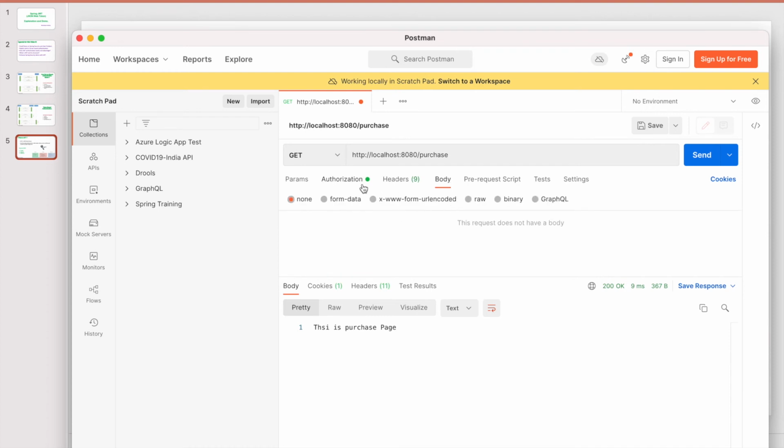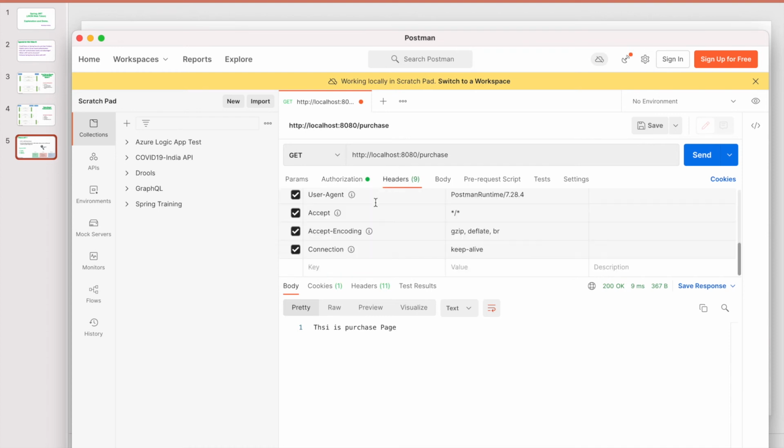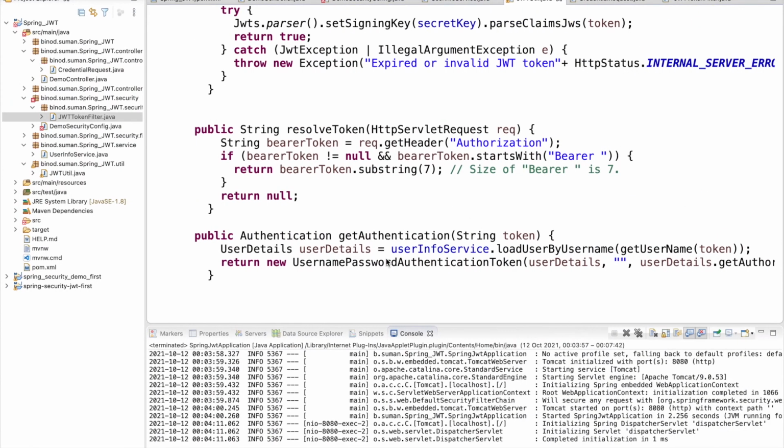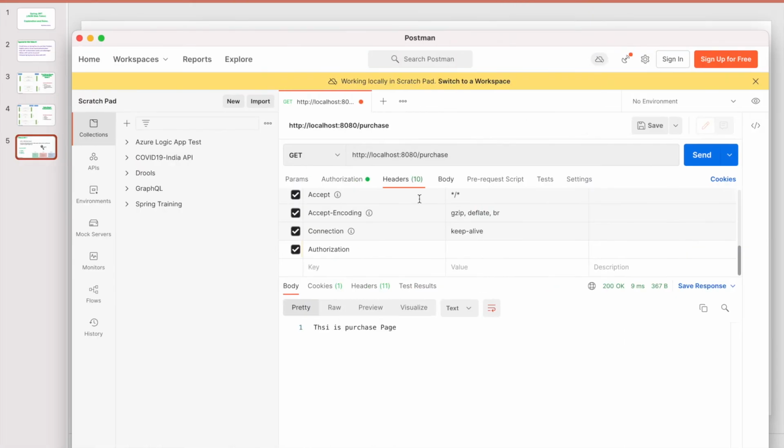Here you have to add one new key, that is the Authorization, right? That's why we have given this getHeader Authorization, right? This is that Authorization, and here we will pass the Bearer, and then we will pass the token, whatever token has been generated.